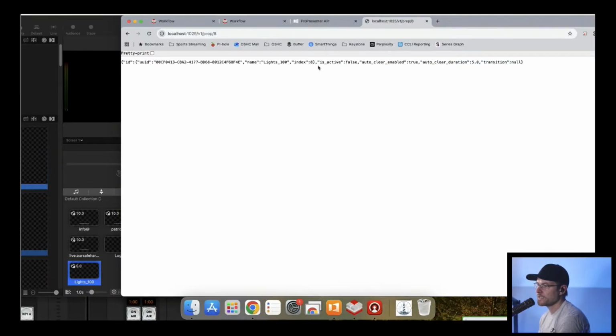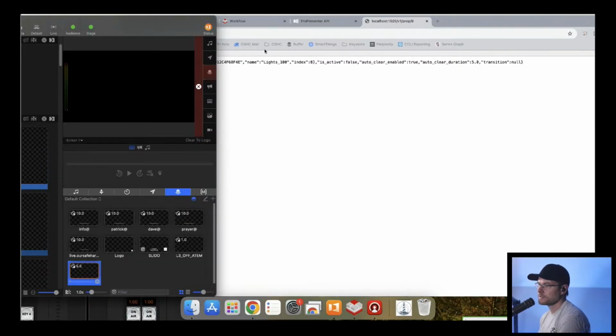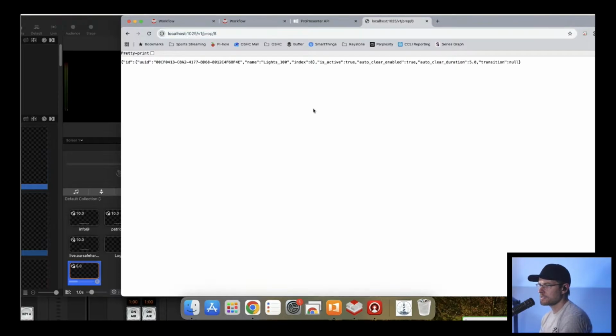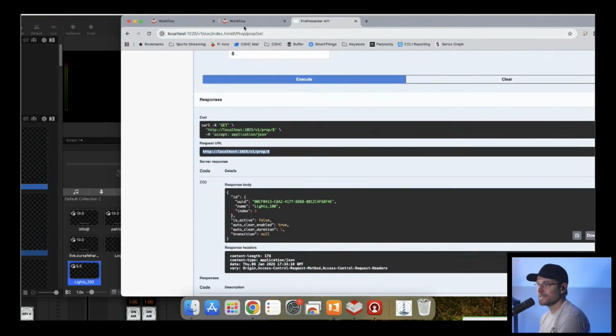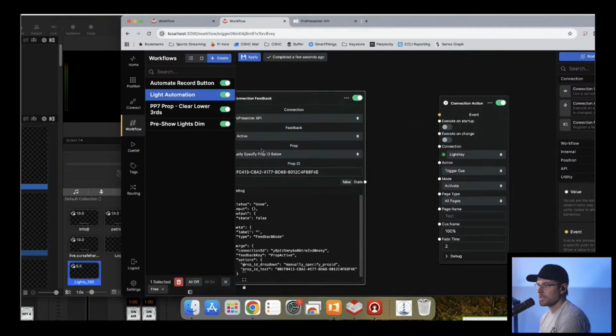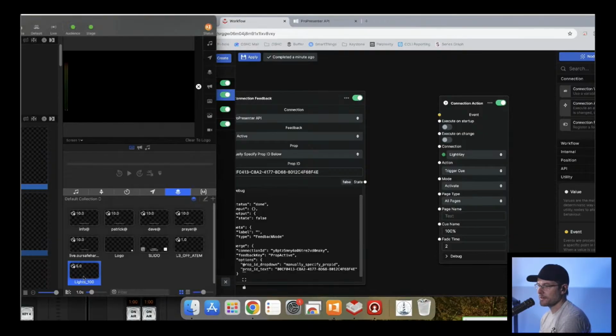Name, index 8, is active, false. Is active, true. Okay, so the API is responding. It's this that's not getting it. Or is it now? Nope, false.